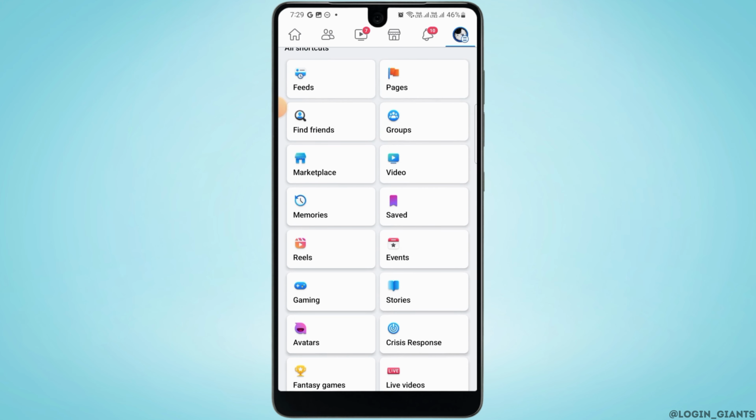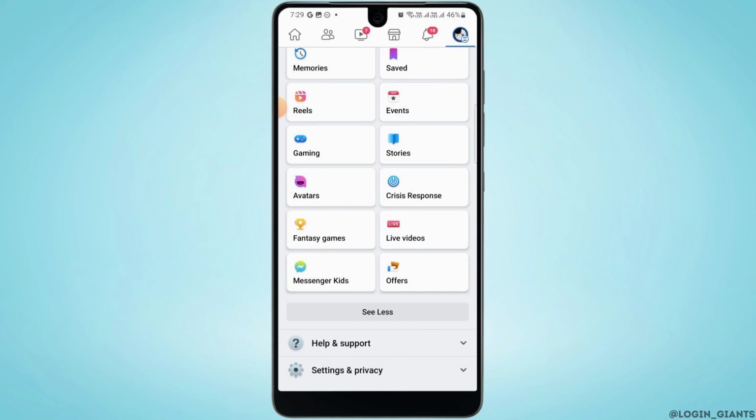If you still do not find Marketplace option, make sure that Facebook is fully updated. You can do that by heading over to Play Store or App Store. If even after updating your app, you're still not able to find Marketplace, you want to scroll down a bit